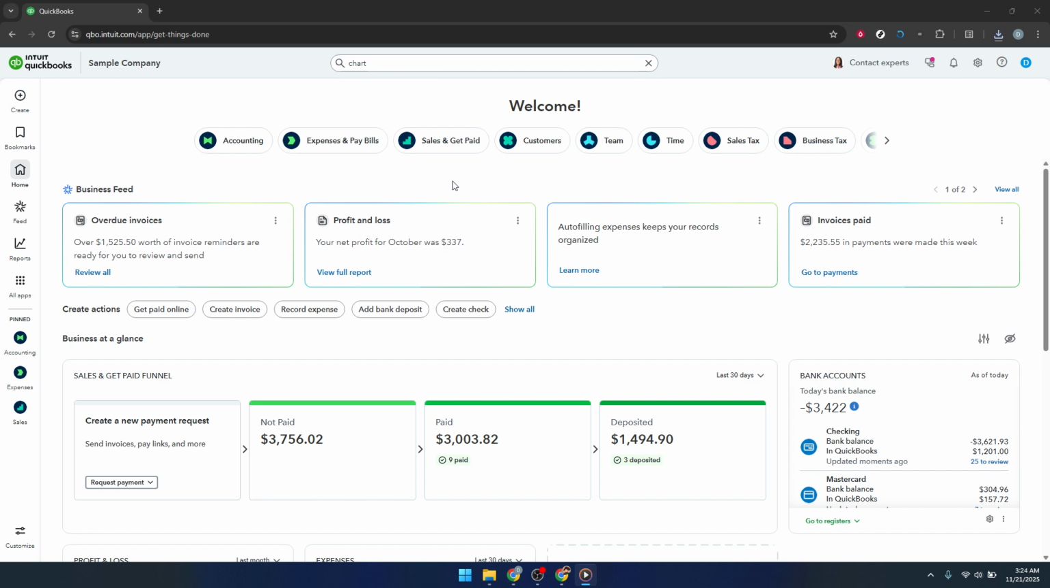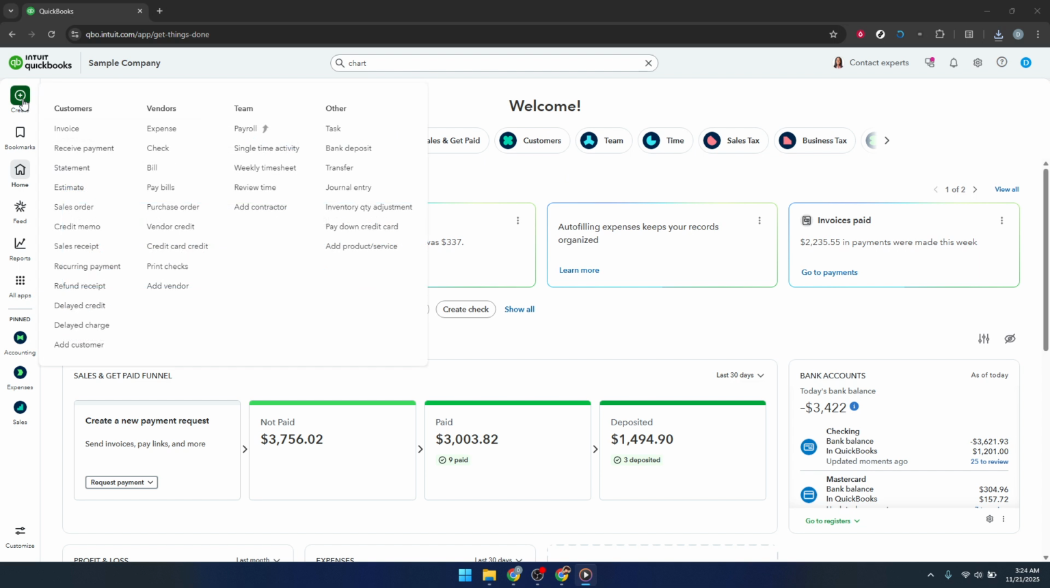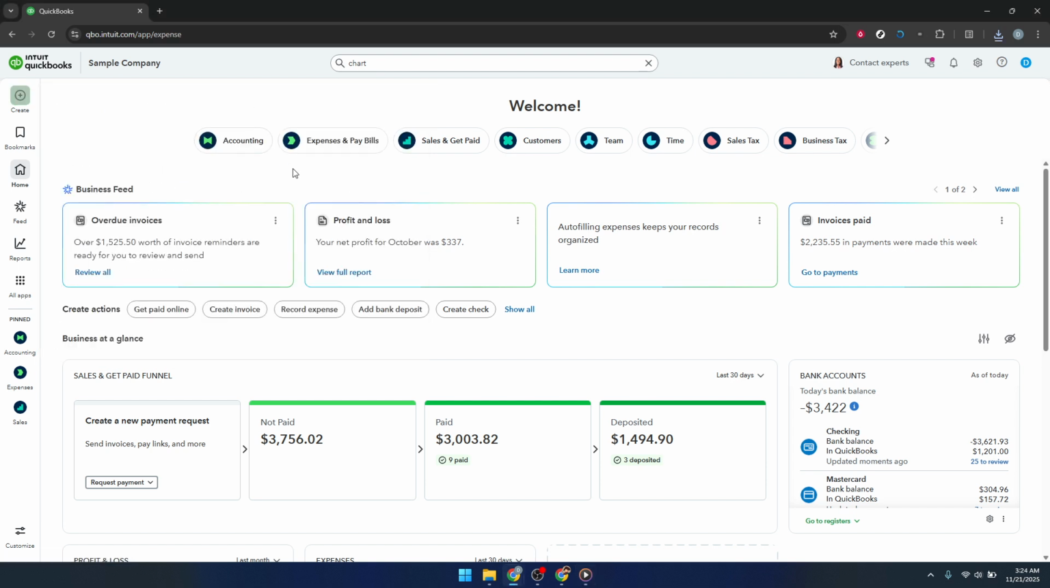Start by opening QuickBooks Online and locating the plus sign labeled New. You'll find it at the top of the left navigation panel. This is your hub for creating transactions. From the menu that appears, look under the Vendors column and choose Expense. Expense is the right choice for credit card purchases because it records an immediate payment to a vendor rather than